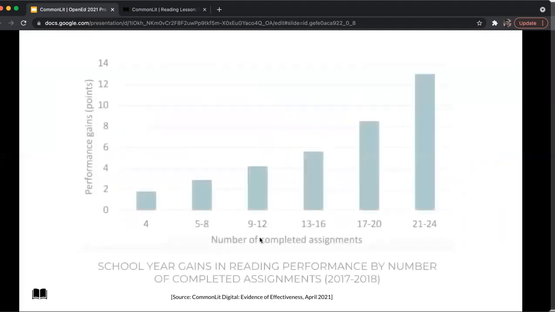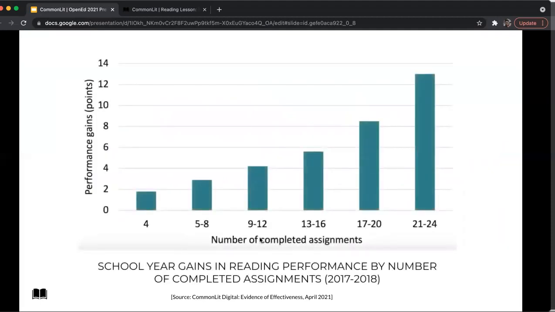Through this effectiveness report, we realized that our supplemental lessons alone were not enough to keep teachers and students using our platform for all of their English language arts needs. From there, we decided to develop the comprehensive, free, digitally native, full course English language arts curriculum, CommonLit 360, which you had the opportunity to review earlier. And this curriculum includes everything that teachers need day to day, such as the reading content, lessons, assessments, activities, and more.